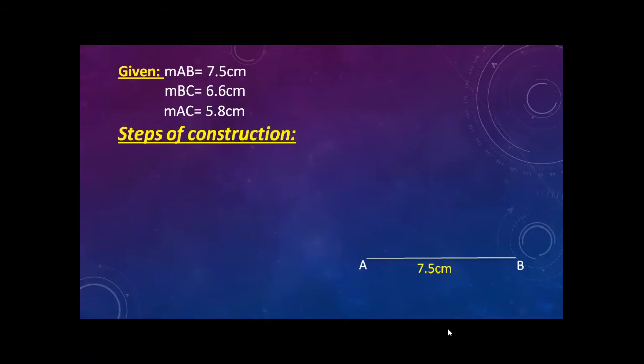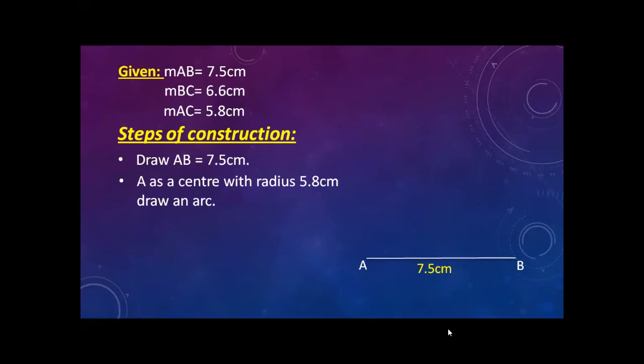Now write down the steps of construction one by one. What we have done in step number 1, we have drawn AB 7.5 centimeter. Now the second step, after the baseline, what we have to do,